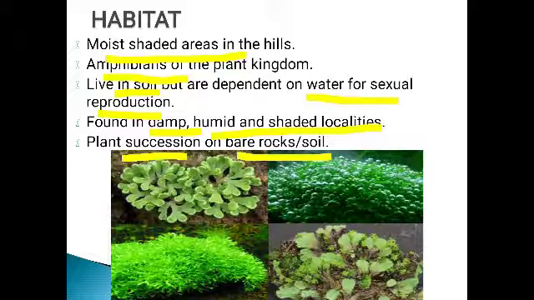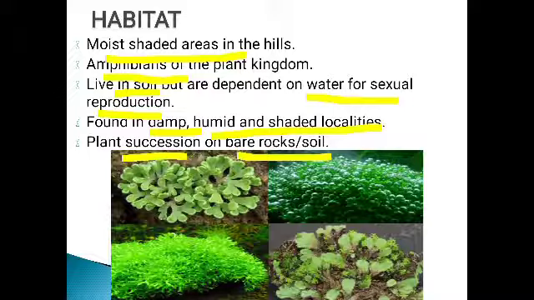What is succession? On a bare rock or in an area, a group of plants will first occupy, which will be followed by another group of plants. Again, it will be followed by some other type of plants. Like that, one by one, different types of plants will occupy that area. And at last, even that bare rock can be converted into a forest. That is what we call succession. One group of plants followed by another group is said to be a succession.